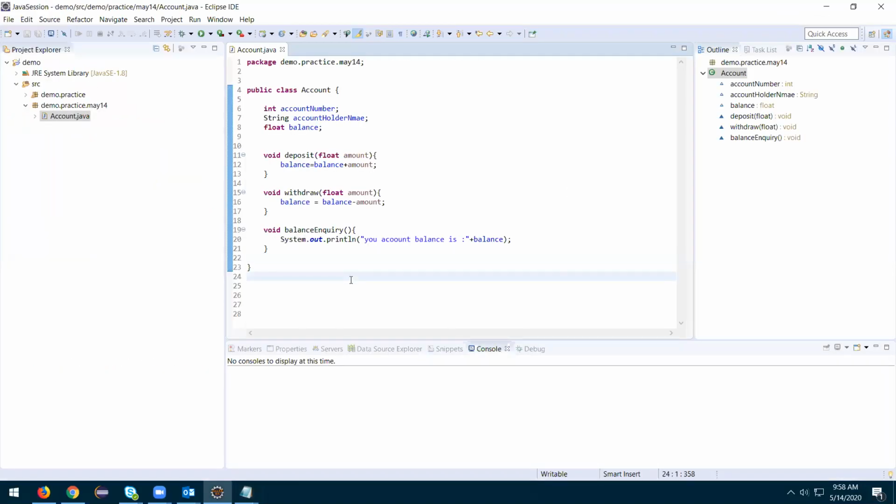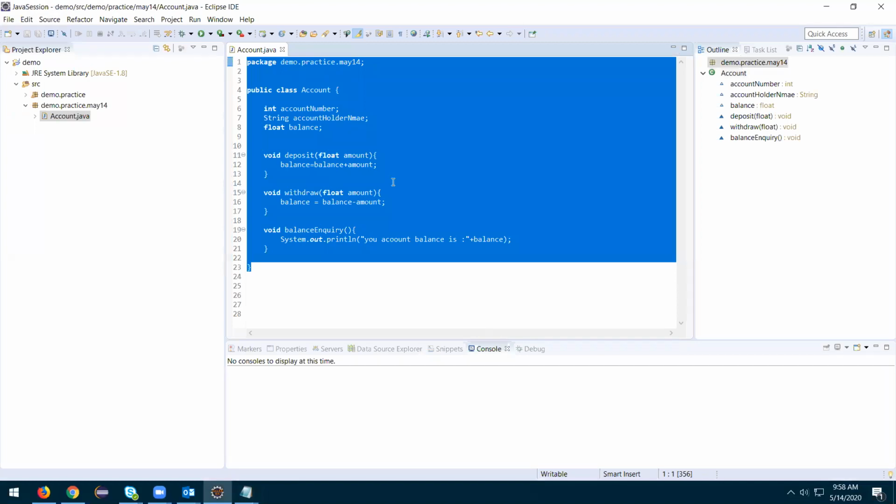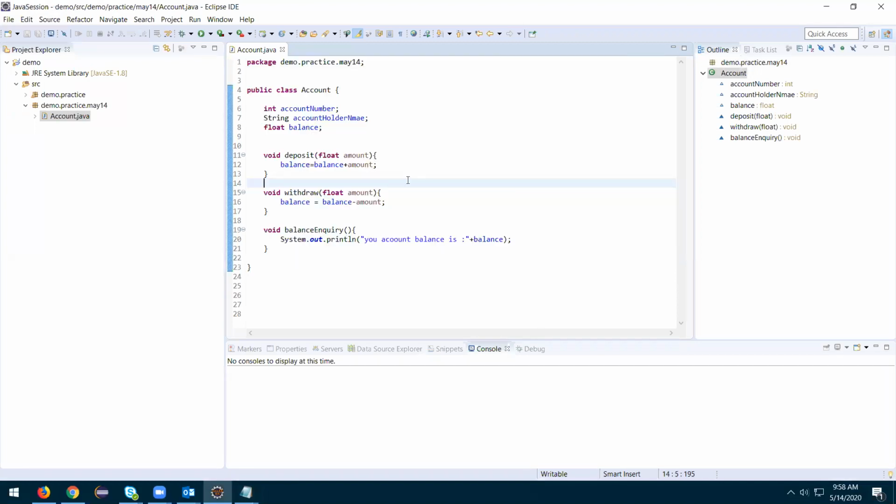I think this is the basic concept of Java where we create classes. I can talk about a lot of things about object-oriented programming, but I want to limit myself here. I believe you understood what a class is.